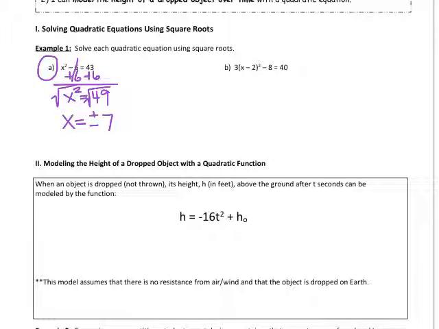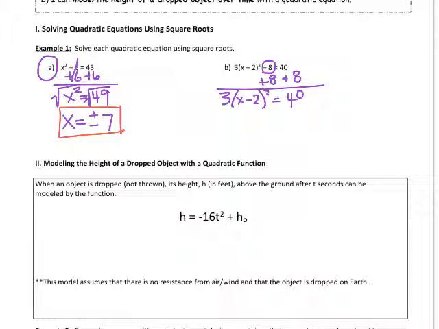One thing to remember is that when you take the square root of something, your answers are always plus or minus, so please include that with your answer. For part B, it looks like we can get rid of this negative 8 if we add 8 to both sides. That's my first step. Then I'll have 3 times the quantity x minus 2 squared equals 48, because those 8s cancel. If I divide both sides by 3, I have